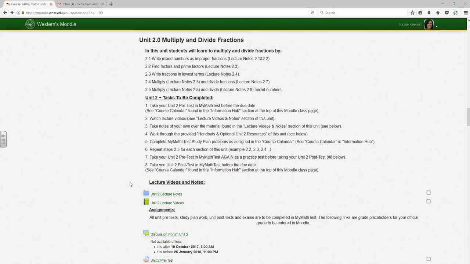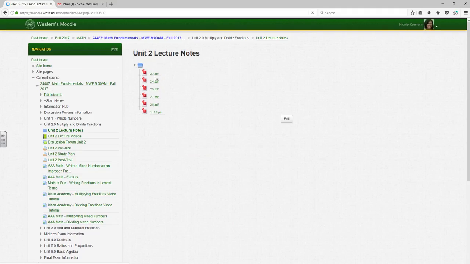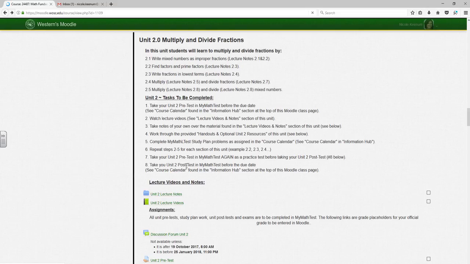After you've watched the lecture videos, make sure that you're taking notes while you are watching those lecture videos. You can also click on My Lecture Notes, which are found in this little folder here called Unit 2 Lecture Notes. You can see each one of the PDFs for this unit found here. You just click on one and you can see my handwritten notes. The third thing that you want to do,